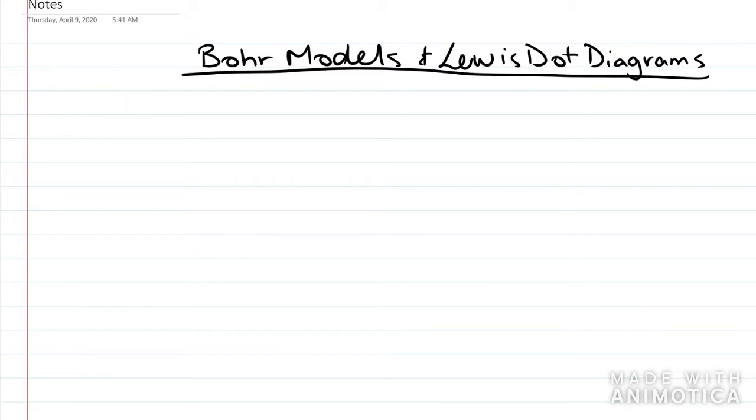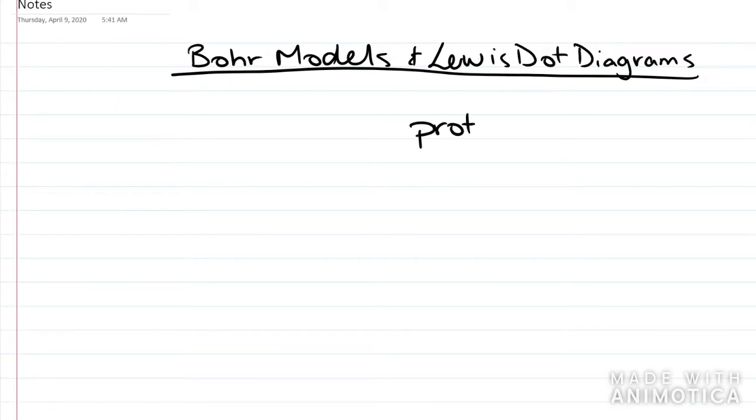So, Bohr models. I'm sure most of you are groaning at the thought of this because I know, at least if you had me last year, I tortured you with these. But to be able to do a Bohr model, first we have to remind you what the atomic structure is. So atomic structure is what an atom is made of. And there are three main parts: